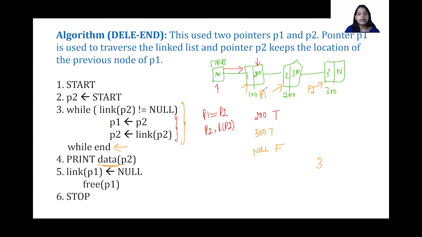So where is my P1 pointing? My P1 is pointing at the previous one. So now what I'm going to do is remove this link which has been established previously, and write over here null. So when I say that, this connection is going to get removed automatically, and hence we are going to free this one. So link of P1 is equal to null, which is this one, and free P2. Sorry, this is supposed to be P2. So we are going to free the P2 part. Okay, so this is how we are going to delete the end node. Okay, I hope these two algorithms are clear to you. These are the very simple ones.